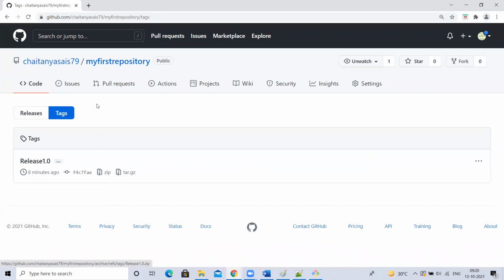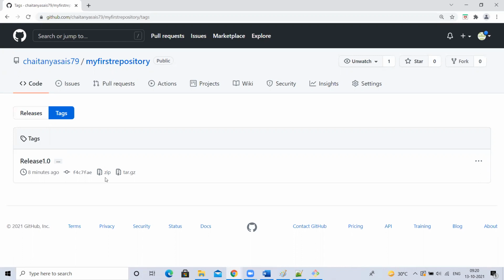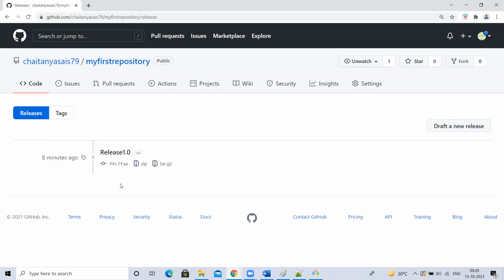Here it is showing as a zip format, and you can download in zip or tar formats. If you go to releases also, it will show. Actually, we call it tags in Git, but in GitHub we call it releases.